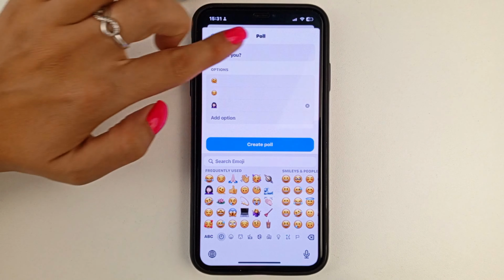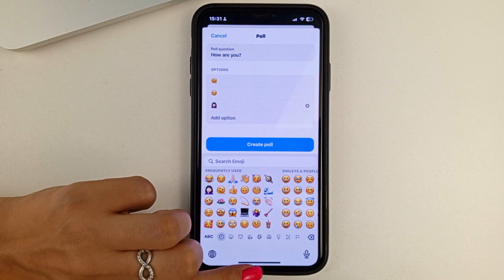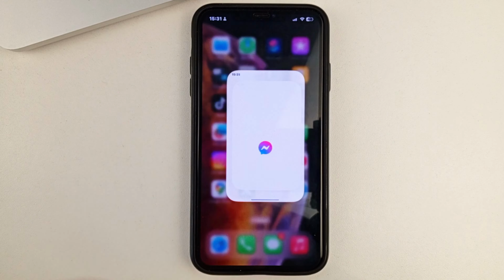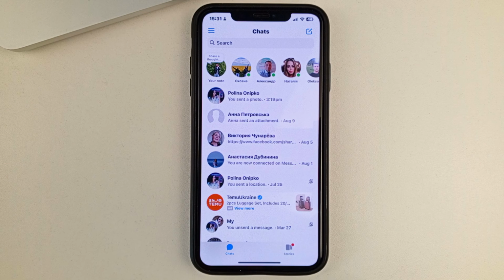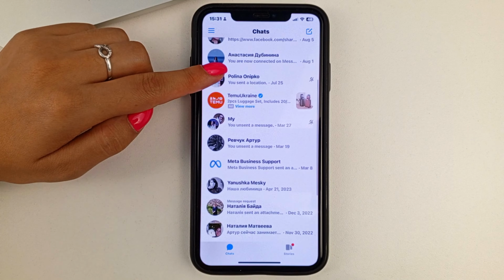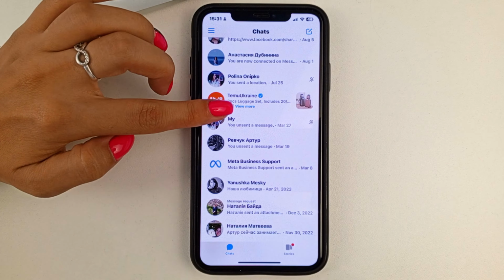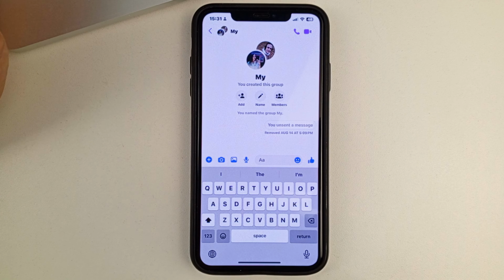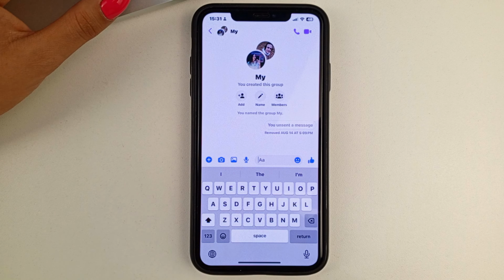So friends, let's go ahead and create a questionnaire like this. And I'm going to show you right from the beginning. So, open up the Facebook Messenger application. Next, you will need to go to the group. So you can only create a survey in a group if you have one. If not, then create a group first, and then you can create polls after that.